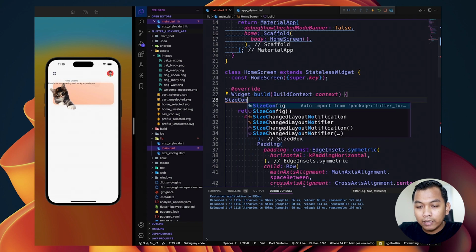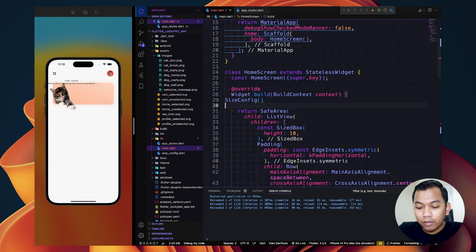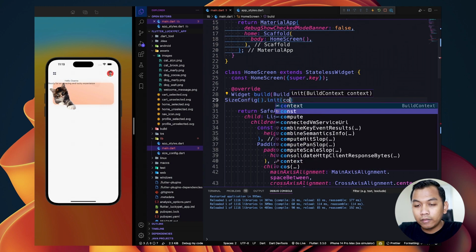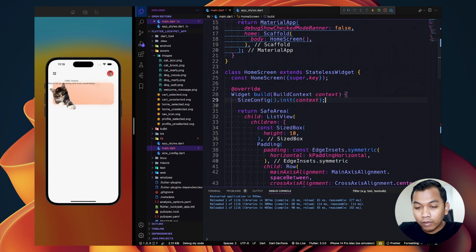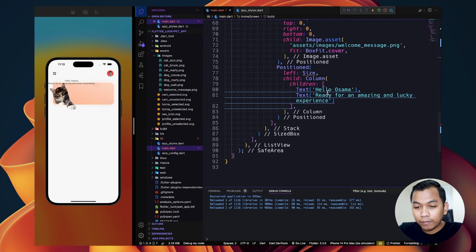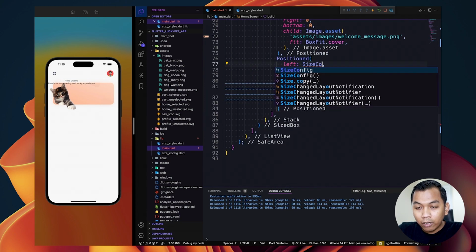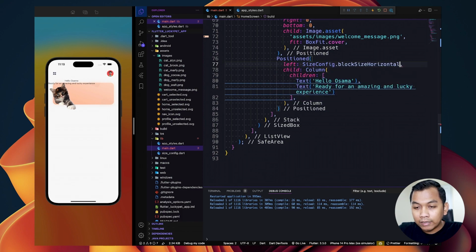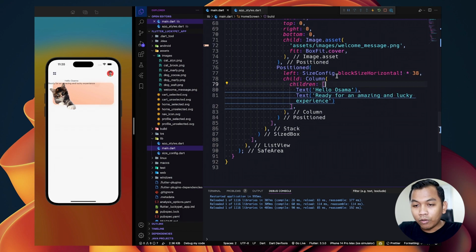So we can say size config dot init, and we give the value context here to refer to this context. Now we can call our size config and say block size horizontal times 2, which is around 38% of the screen width.